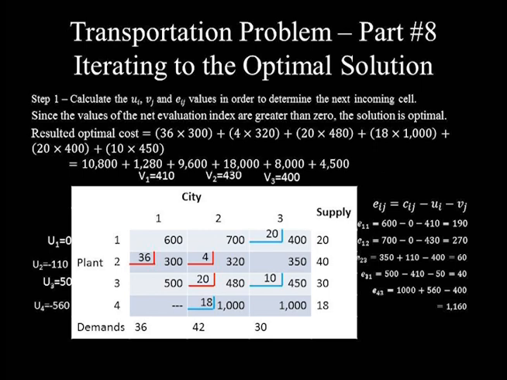The sum of these values gives us 52,180, which is equal to the optimal